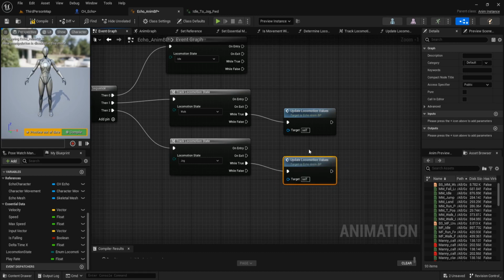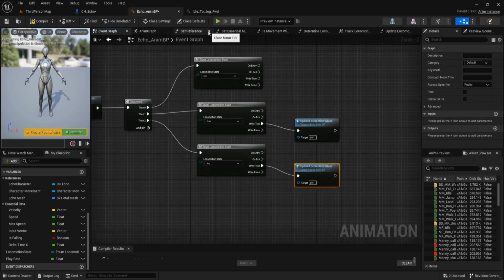Because when the player moves to the wall and then cannot move forward, the animation will slow down the play rate of this animation. We close this function first.